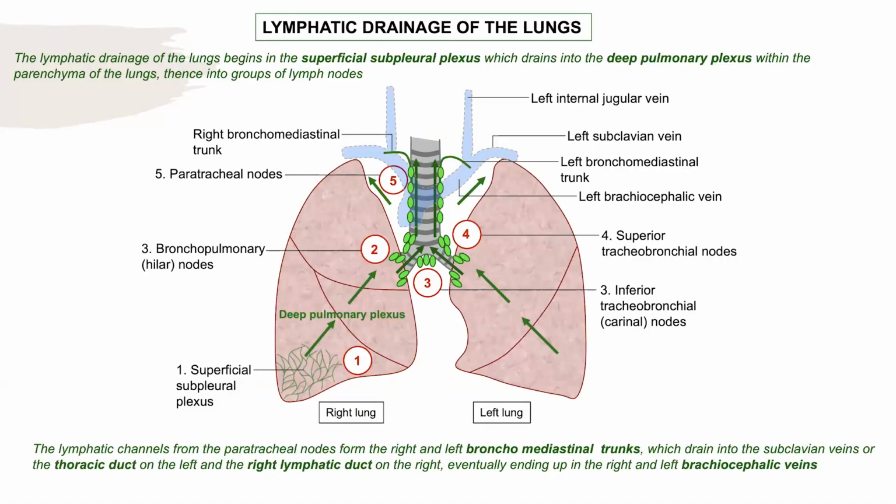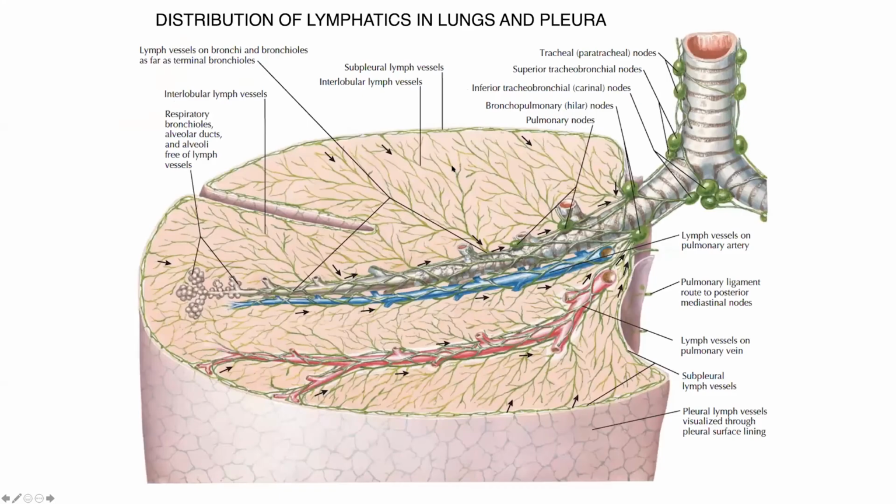That we need to know. And we all know that this is where they are opening, they are connecting. So ultimately, my right and left bronchomediastinal trunks are opening into the brachiocephalic vein. Now, look at it. Within the lung tissue, lung parenchyma, subpleural, this is how they follow each of the tracks. Look, I have drawn a complete subdivision and division and division of a bronchus from the trachea, and look at it.